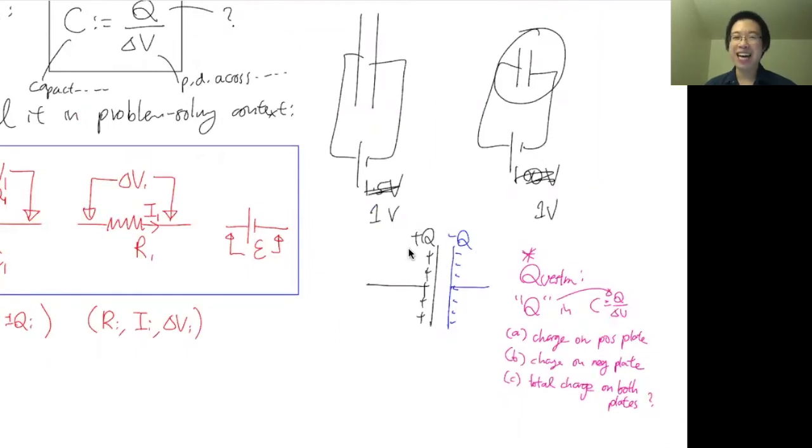No matter how much charge, let's say you store 100 coulombs over here and negative 100 coulombs, no matter how big your capacitance is, if you plug in the total charge here, then C would always be 0. That's a stupid way to define capacitance, right? Capacitance is supposed to measure how powerful, in layman terms, how powerful your capacitor is. So if you plug in the total charge, every time you'll get 0 because of that.